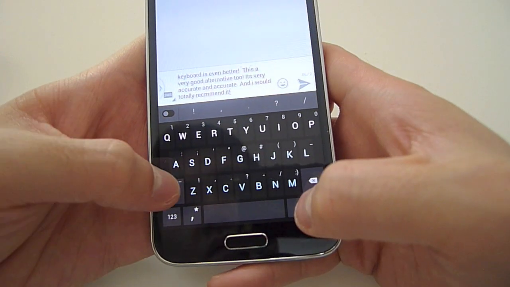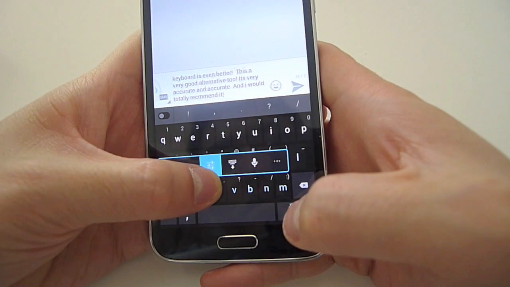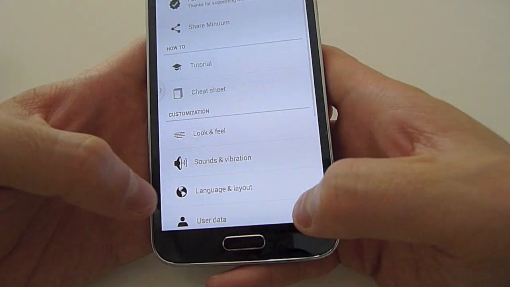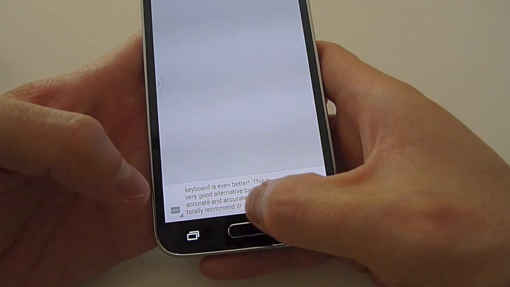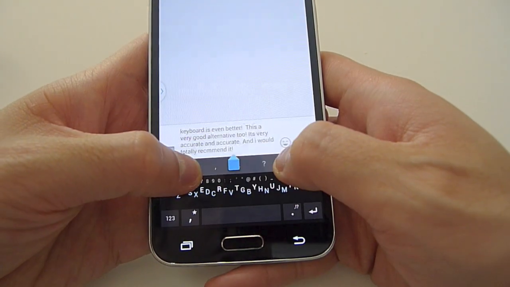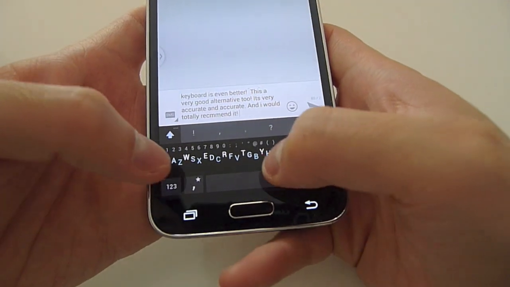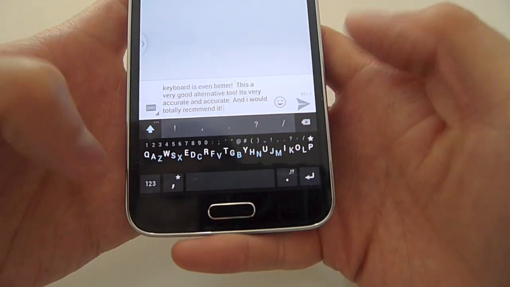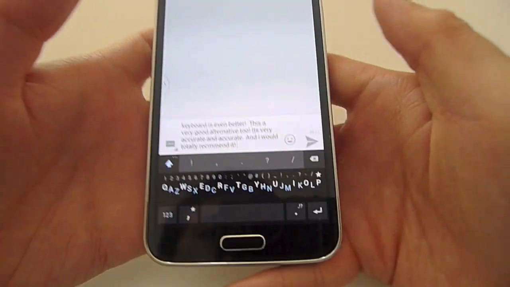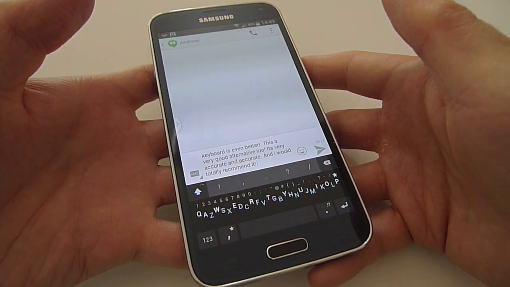But accuracy and typing sound isn't the defining feature of Minuum. It's this, which is that the keyboard can shrink to a tiny keyboard, like so. And the amazing thing is that you can just type normally. Obviously, you're restricted in terms of real estate,